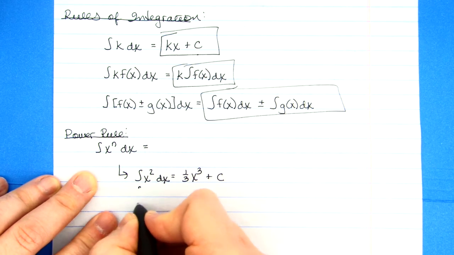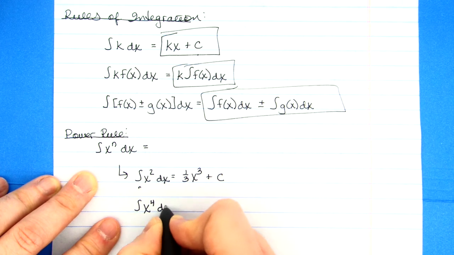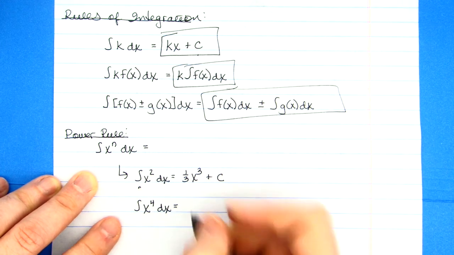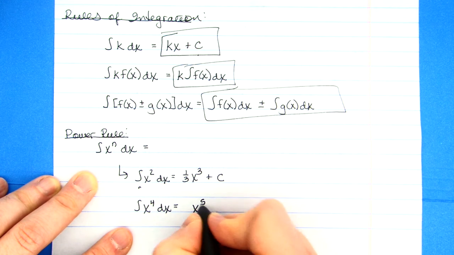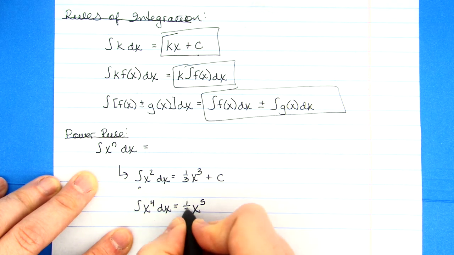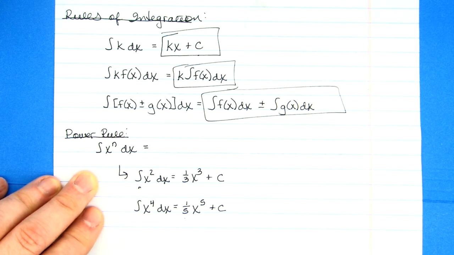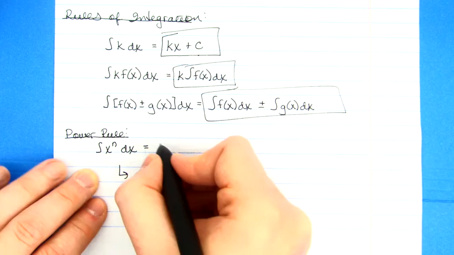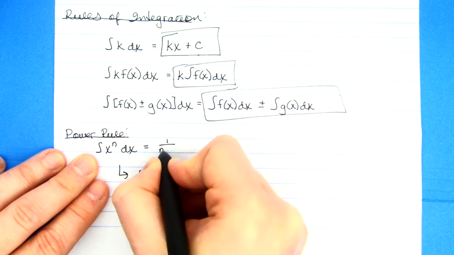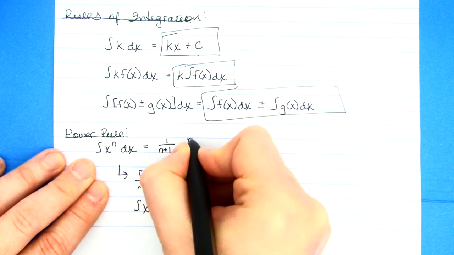If I have the integral of, I don't know, x to the 4th dx, I'm going to have an x to the 5th. What am I going to have out front? So the derivative of this just has a 1 for its constant. I think 1/5, because if you do 1/5 times 5x to the 4th, you just get x to the 4th. In general, my power rule says I'm going to do 1 over n plus 1 times x to the n plus 1